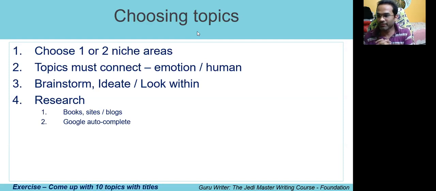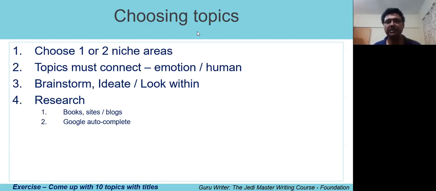Sure. So in that case, my suggestion is that, instead of looking for one topic that looks like it is the best, you have a whole bunch of topics and you sleep on it a while, wait for a day or so, and then figure out the next day which one appeals to you. Everyone has different techniques when it comes to choosing topics, but you can use this method. You write, brainstorm, allow things to come up, and then you incubate it for a couple of days, and after a few days, you take a look at your list, and whatever looks interesting, you say, okay, this is the one for me.